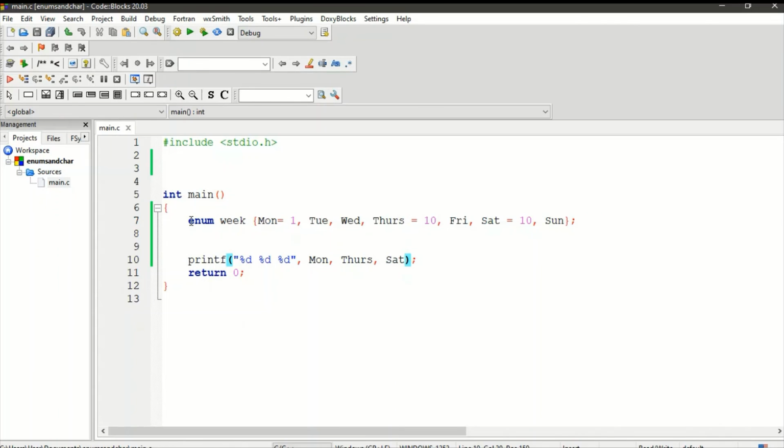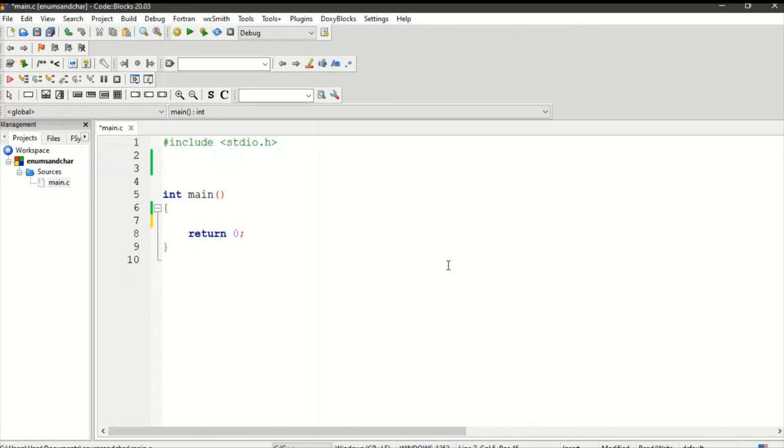Now let us take an example of character. For character we have char and my character, and I associate it with the escape character \n, which is inside single quotation. Now I need to print it. We are going to use the format specifier %c, because it is a character.